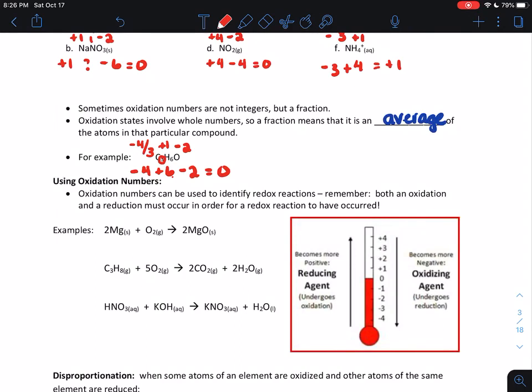And here, what it's saying is that the carbons aren't all behaving the same way. So some of them are gaining more electrons than the others are. And so overall, because I'm looking at the overall, that's the average of an oxidation number of -4/3. All right, so that's the end of this lesson using oxidation numbers. We're going to get going right away into using oxidation numbers to help us out in figuring out equations, which substance is being oxidized and which substance is being